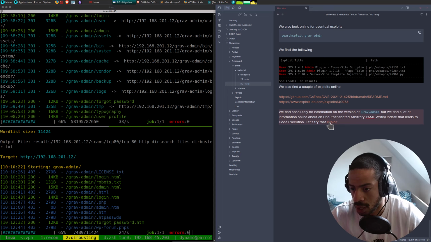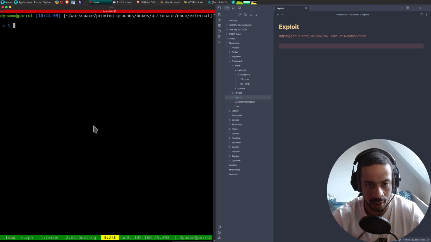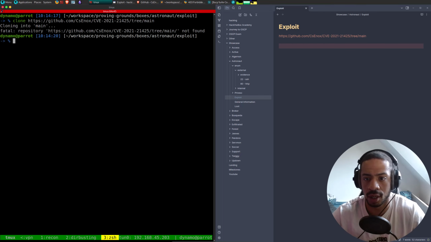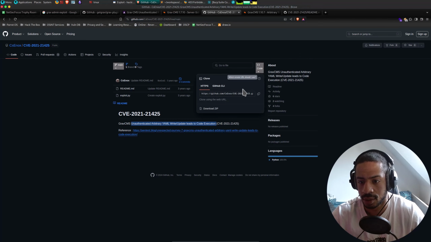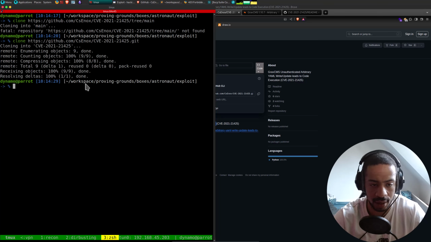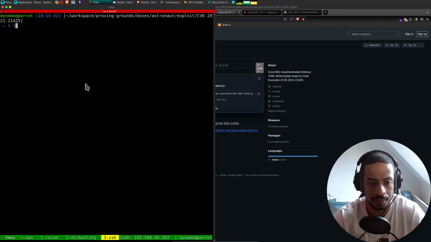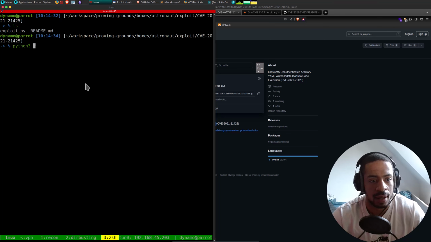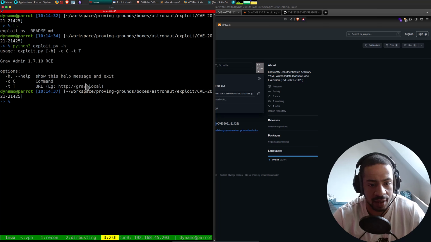So we will try this exploit. Let's go to Grav exploit. Let's clone that repo. Like that. And let's go inside of it. Exploits. See what it says.